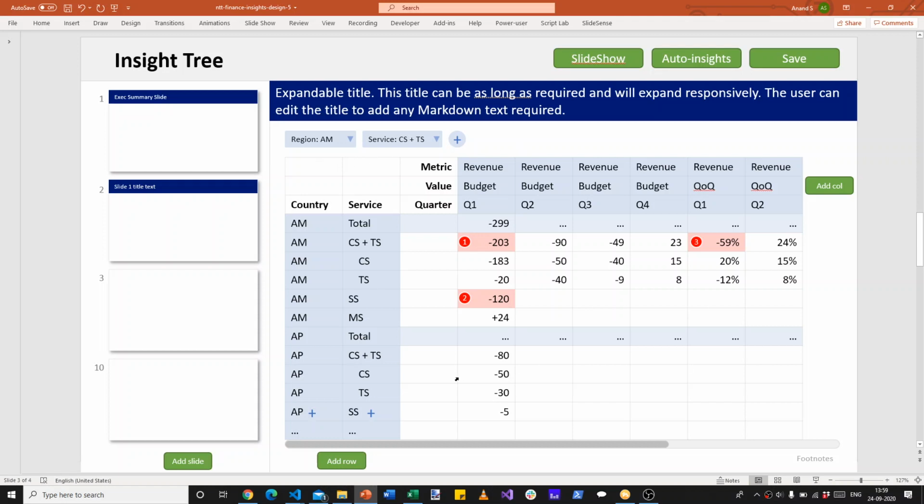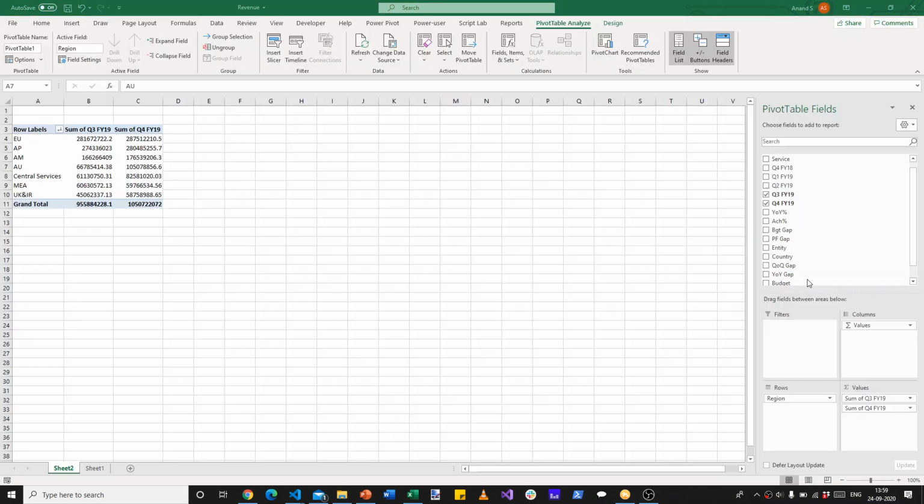Then we have effectively a pivot table. What I mean by that is we have tabular data, and the data can be in a hierarchy also. So against a set of rows and against a set of columns, we have a set of measures. And this is not very different from how a pivot table is constructed. So I may have country under region.